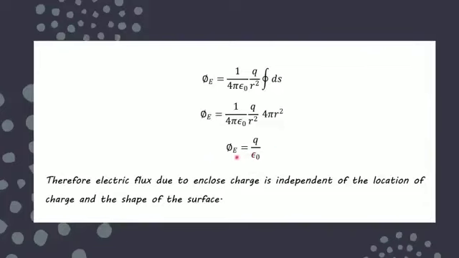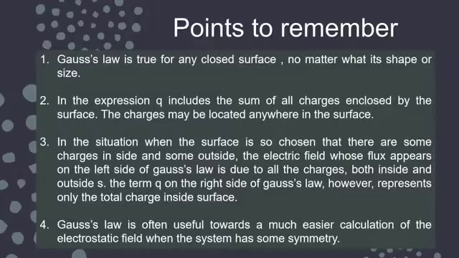So this can be modified only if I change the medium. Flux will change if I change the medium or I change the value of charge, but it is independent of the distance from the charge where we are assuming the Gaussian surface. So that is why wherever I may suppose the Gaussian surface, it is not affecting my result. That is only for the convenience. So you have to keep all these points in your mind that Gauss law is true for any closed surface, whatever may be its shape or size, because it is independent of the distance wherever we are taking it.